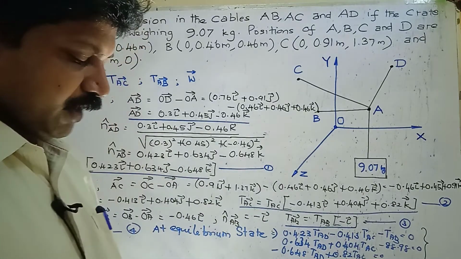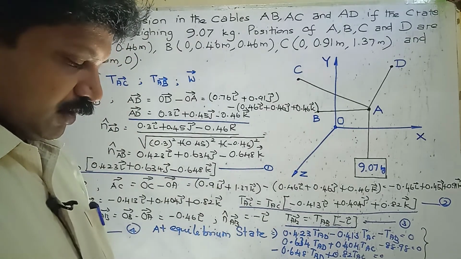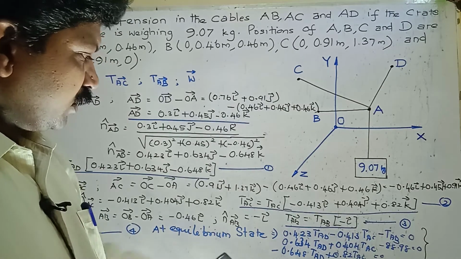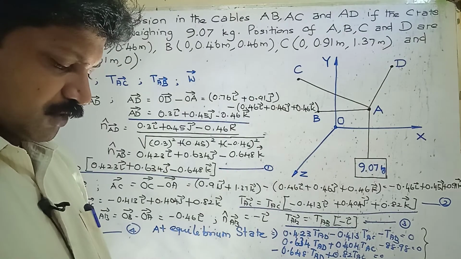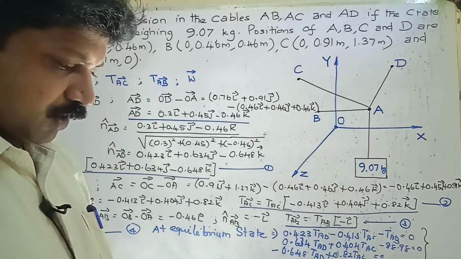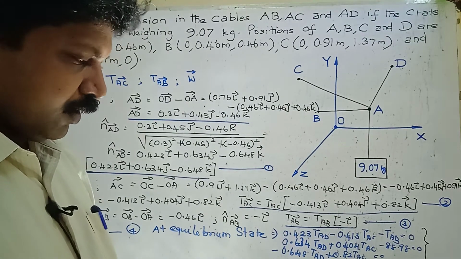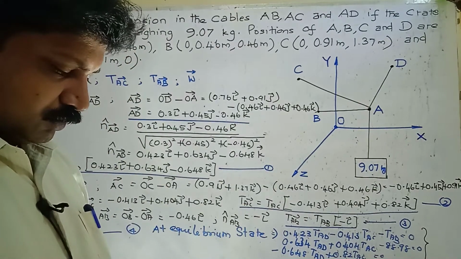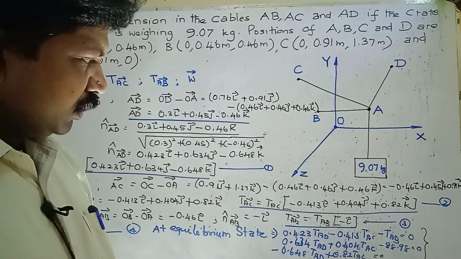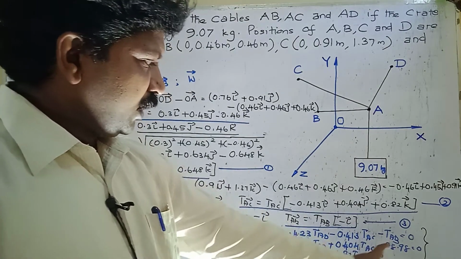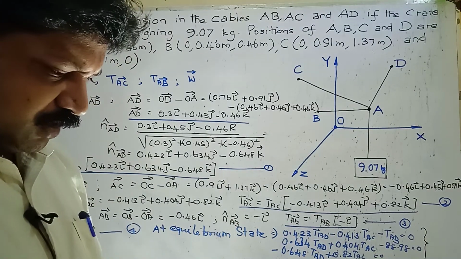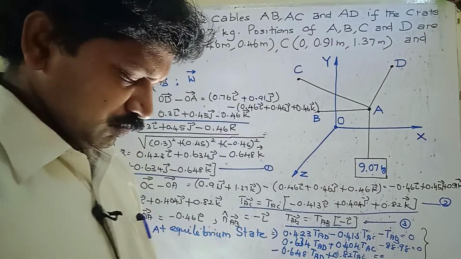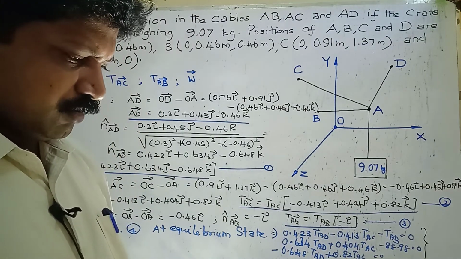D2 value equals positive 88.98. And then next equal. A3 equals what? Minus 0.648, equal. B3 equals 0.82, equal. C3 equals 0, the third component. D3 also equals 0. Now once again press equal.